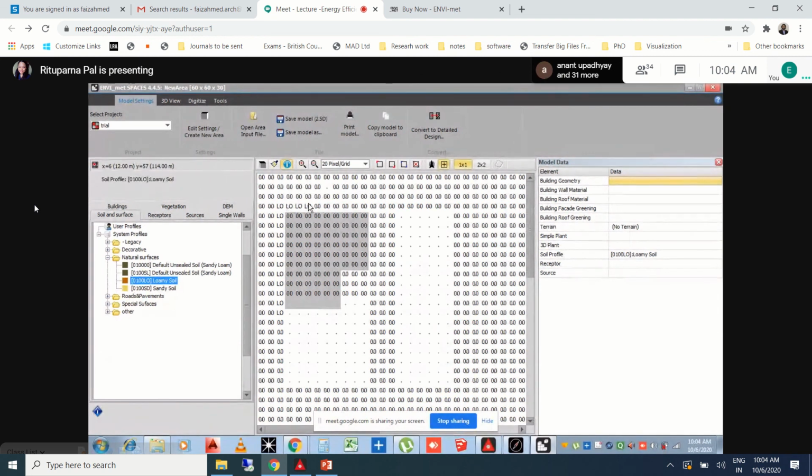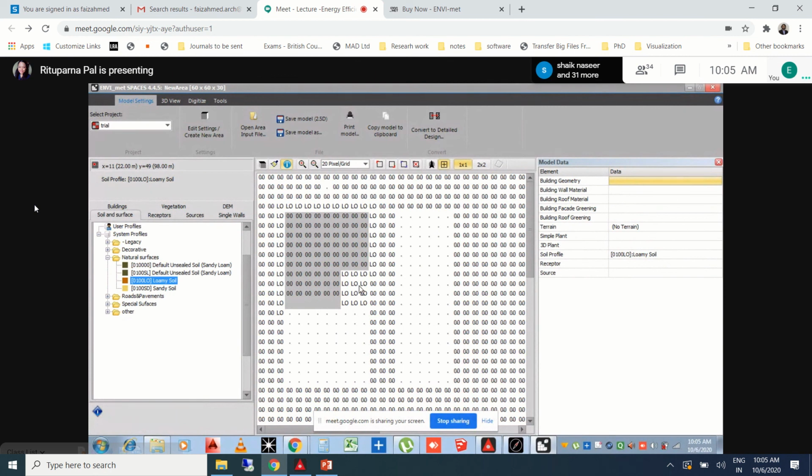As you can see, the part which I am doing is saying LO, which is an abbreviation used for the loamy soil. Is everyone getting it? Yes, ma'am. See, the 0, 0 area has been replaced by LO, which represents the loamy soil. And again, you need to ensure that you click the last button on the mouse so that you can exit from the loamy soil. Otherwise, you will be dragging the LO all over your site.